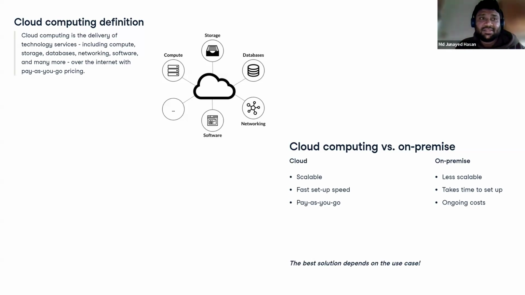Probably in the classes also, most of the time, the professor might use Google Colab, right? So there you can connect your code with the cloud, basically. You do not need a GPU. You can just use the virtual ones, right? So that is cloud, and another one is on-premise. So cloud computing versus on-premise has a different distinction.